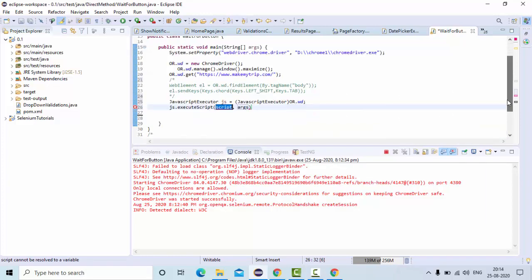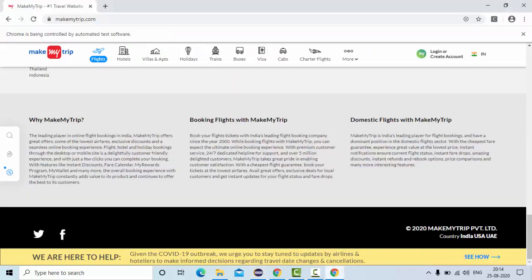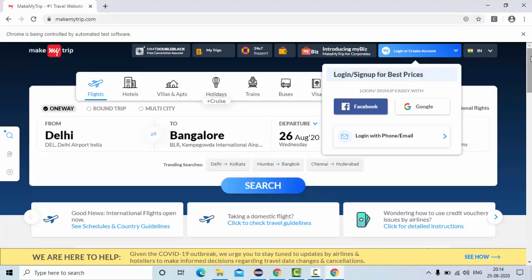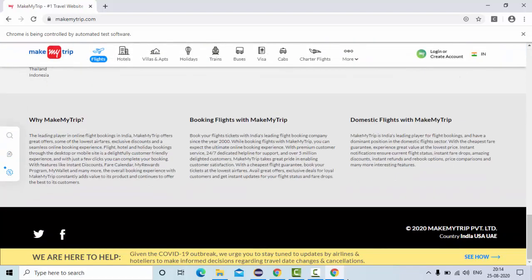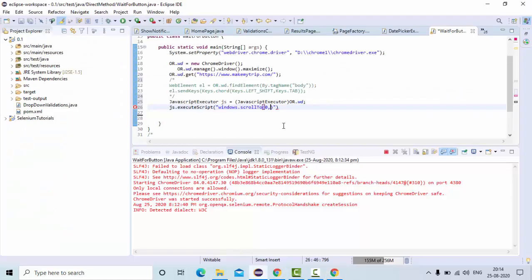Here this is very important, guys. This is actually you need to remember. There is no way, or else you can Google it and you can find out. Here window dot scrollTo. What you need to do, you need to scroll like this from top to bottom. That means via y-axis, not in x-axis. So this is my y-axis, right? So that's why I given 0 here. Then here you need to do something like document dot body dot